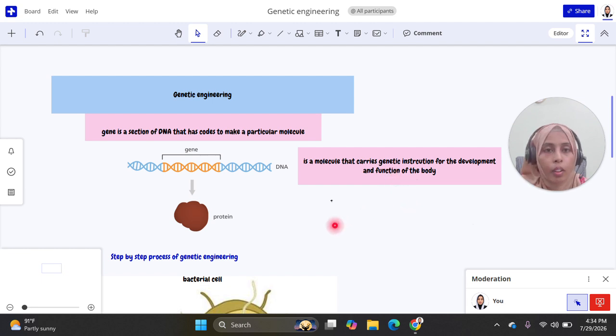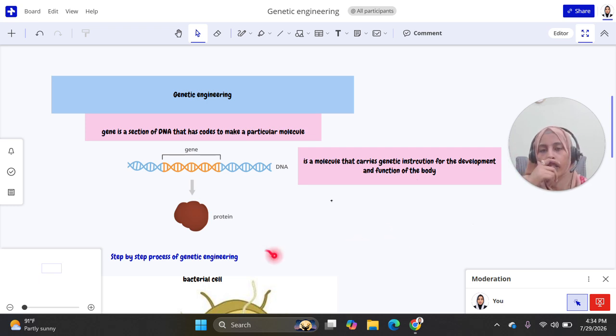So the topic I got for the demo is genetic engineering. Welcome to today's biology class. We are going to start the class with a science idea that sounds almost impossible. It is about genetic engineering or genetic modification, right? By the end of this class, you will be able to learn two things. Number one is genetic modification or genetic engineering, and number two, how is it done, right?